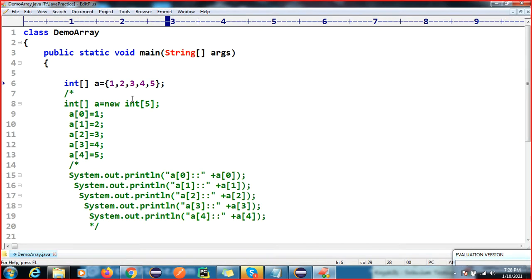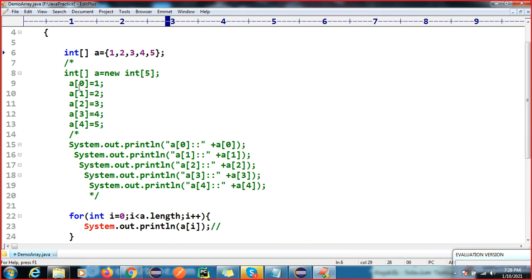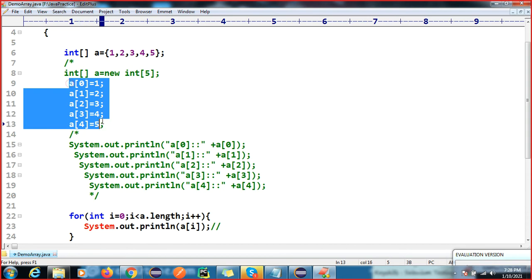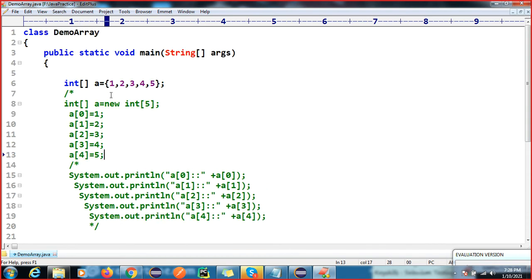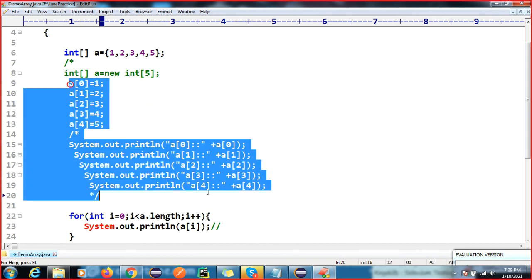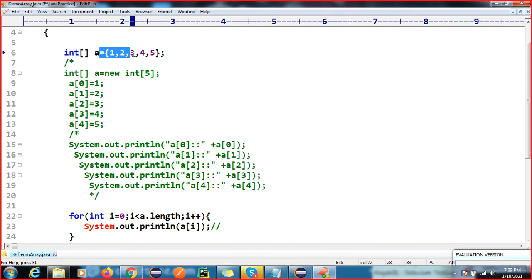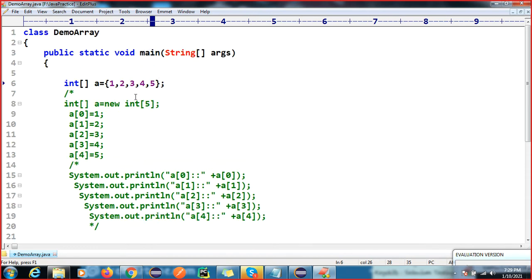Actually, if you have some requirement, you have to store values like this. We cannot store like that, right? So in real time you can directly store the values in curly braces. Internally it happens like that only when you write this. This is another implementation of an array, but internally the values will be stored and everything will work like that only.